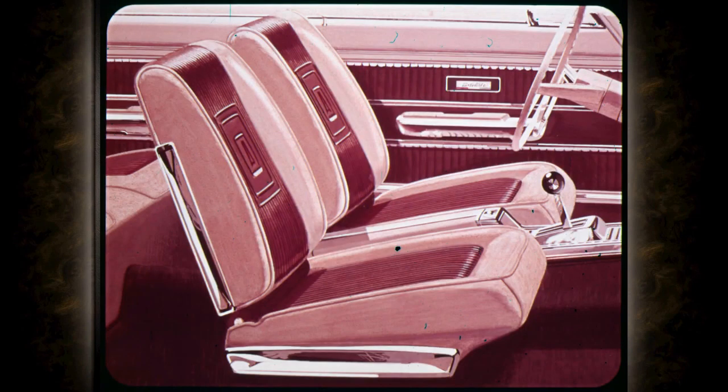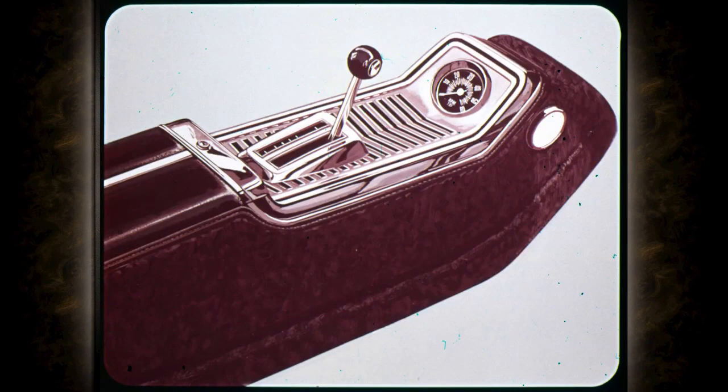In the true sports car tradition, bucket seats and console are standard on the Satellite. Notice how the Belvedere cube-like motif decorates the seat backs. The selector lever for both automatic and 4-speed manual transmissions is located on the console, which also contains plenty of storage space for small articles. And linked to the Belvedere transmissions...